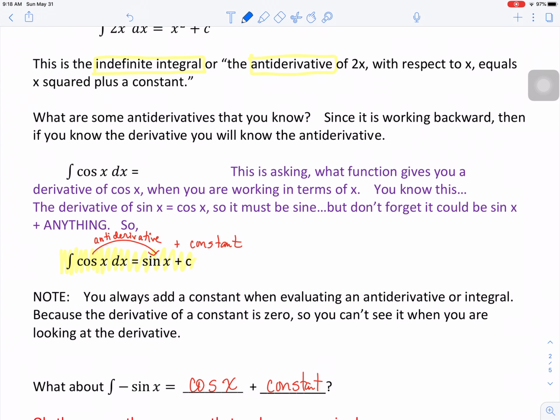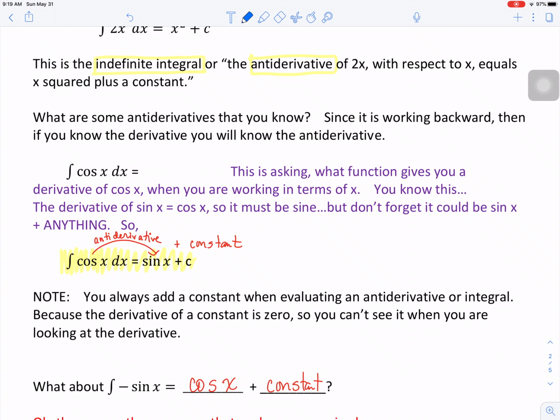What are some antiderivatives that you know? Don't panic. Since antiderivatives is just working backwards, if you know the derivative, you know the antiderivative. So let's go to trig, your favorite place. What is the antiderivative of cosine? In other words, what function gives you cosine as the derivative? Okay, you know this. The derivative of sine is cosine. So the antiderivative of cosine is sine